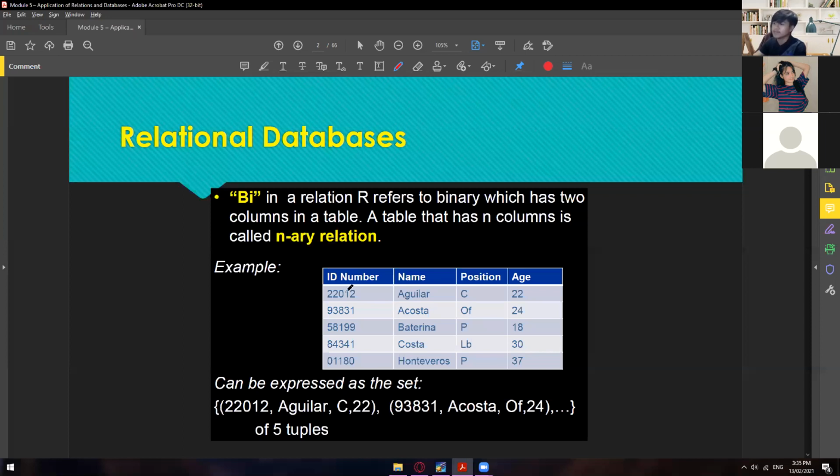All right. So as you can see, this is a table wherein we have the ID number, the name, position, and then age. So this person has an ID number of 22012, and then a position of C and an age of 22. So as you can see, this row is in relation with one person only, having one ID, one age, one position, and so on. We have five rows having their own relations with each